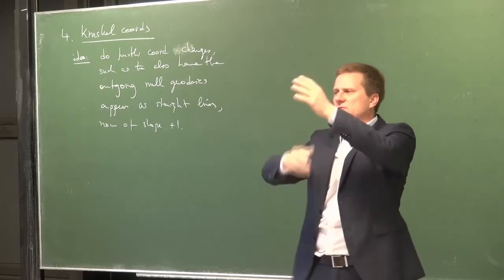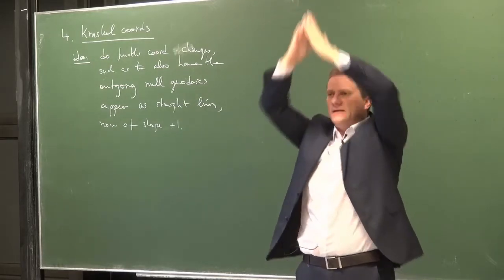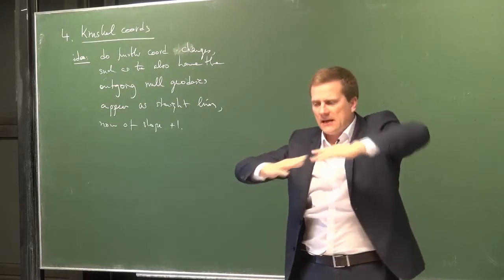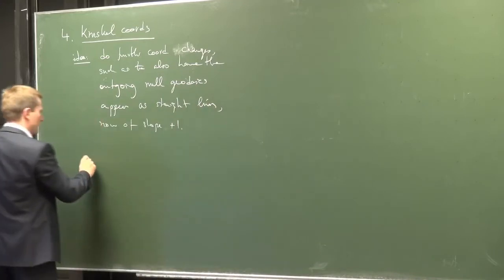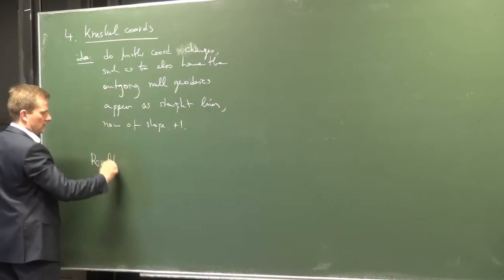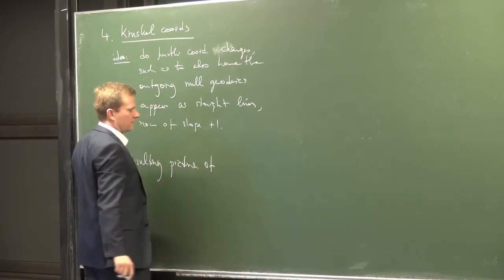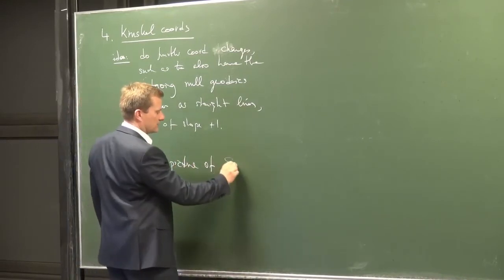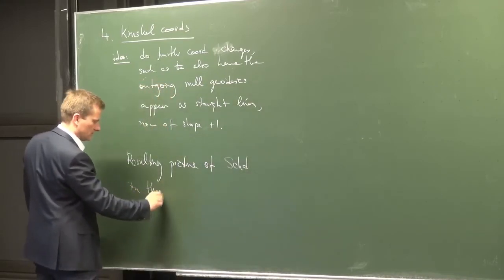And you don't only do this at the horizon, but at the horizon you do this infinitely and something like this, right? You do it like this. And very roughly speaking, the resulting picture of Schwarzschild in those Kruskal coordinates